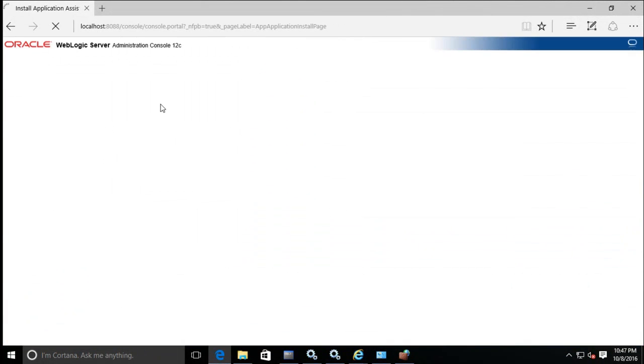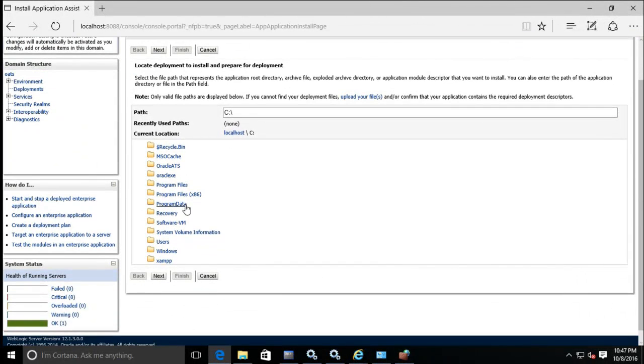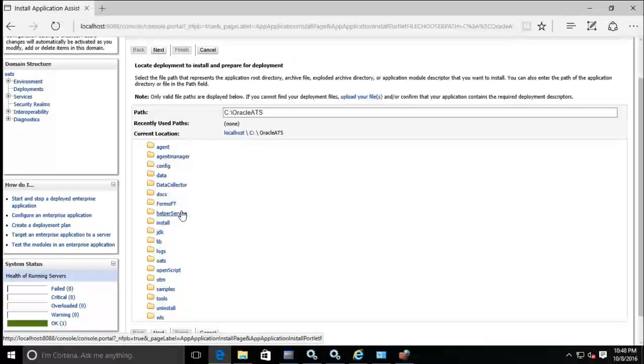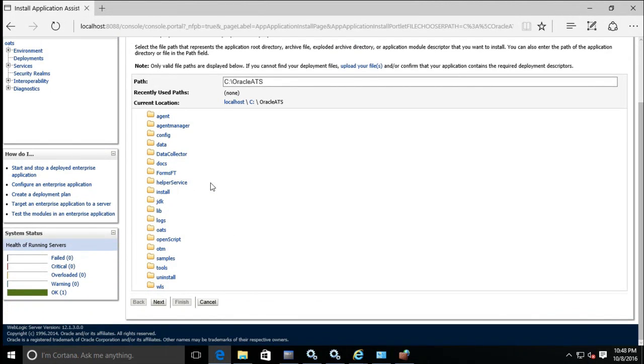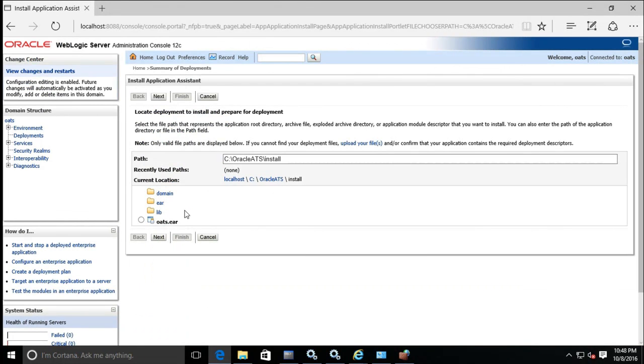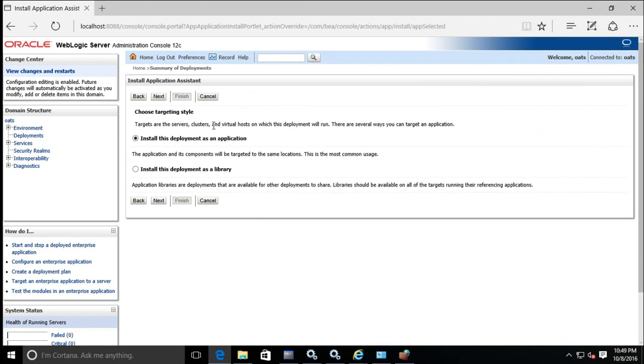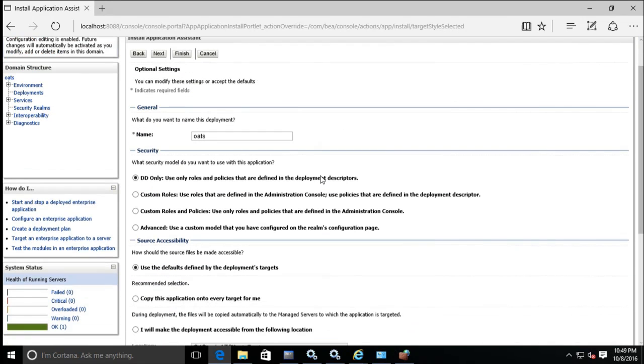So I'll click on install. I'll find the OATS installation directory, find the folder called install, and select oats.ear. Take whatever defaults WebLogic is giving you, and don't mess around with the settings. Click next.